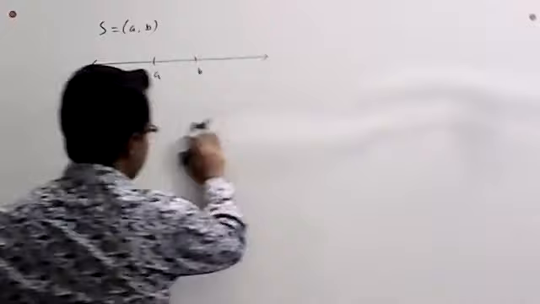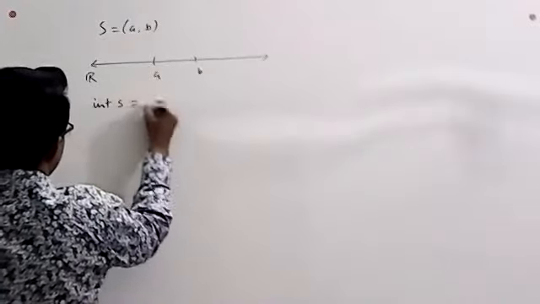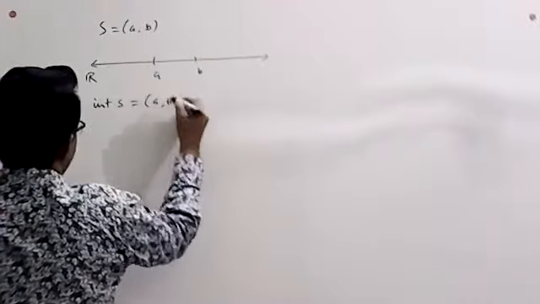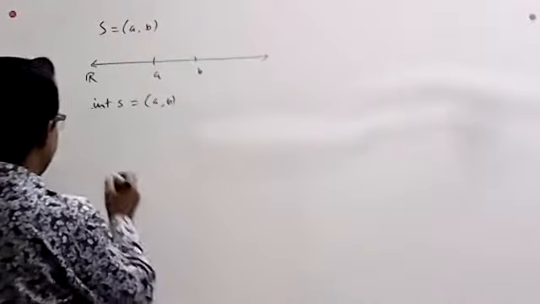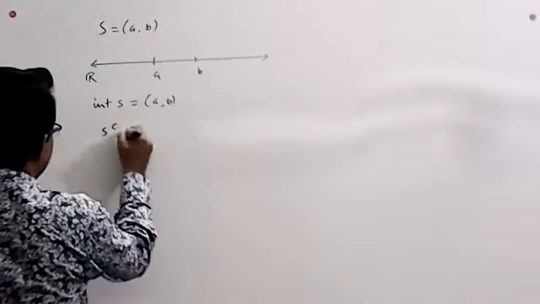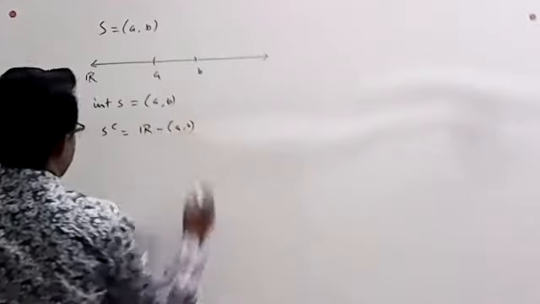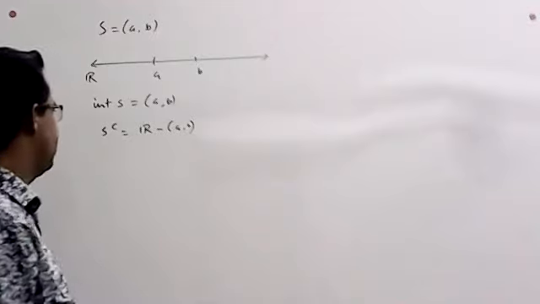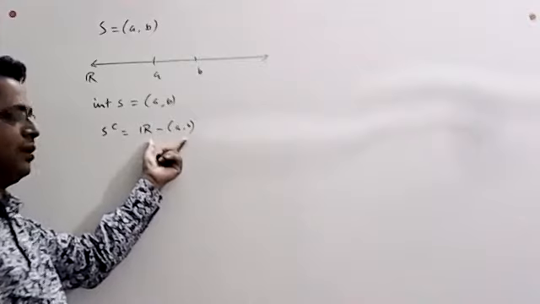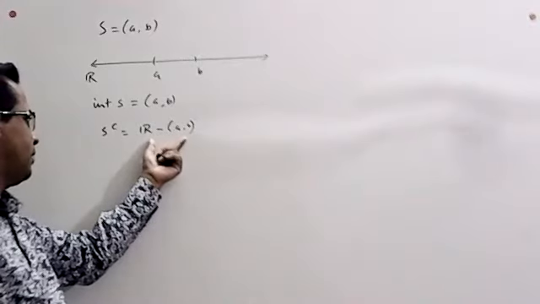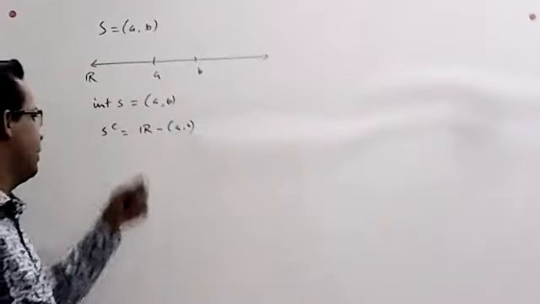So we know that the interior of S is an open interval, which is completely this interval AB. And its complement is here R minus AB. That is, the complement of S equals the set which is constructed by subtracting this interval from the set of real numbers R.